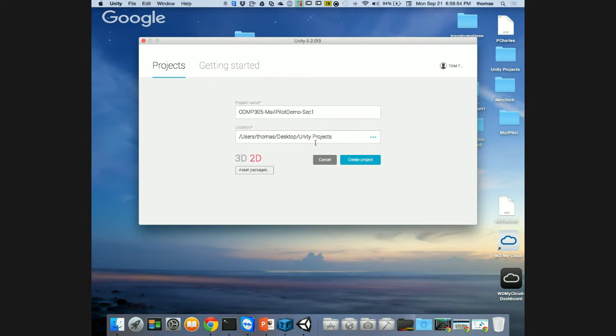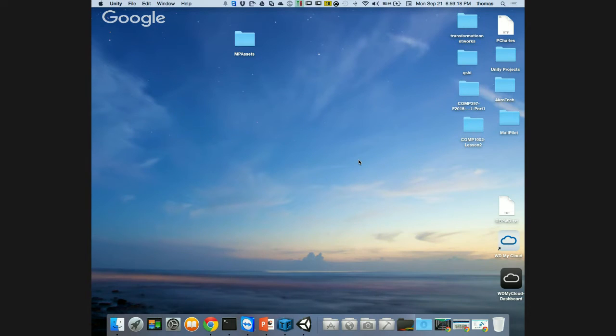I'm just going to put it on my desktop under Unity projects. We're just going to make COMP305 mail pilot demo section 1, and I'm also going to create a second repository on GitHub where you can work with me. I'm going to do some stuff, and if you want to keep along, I'm going to be able to create this where you can follow along. Okay, so let's create the project. And before we create this